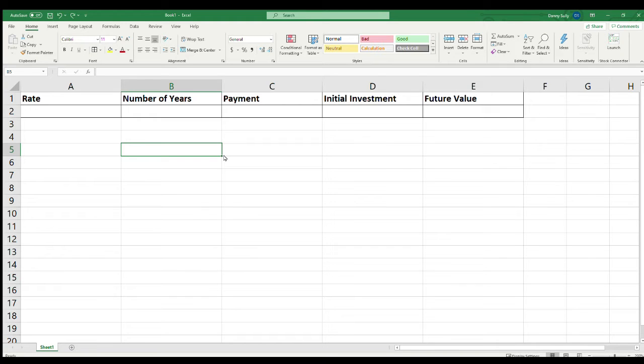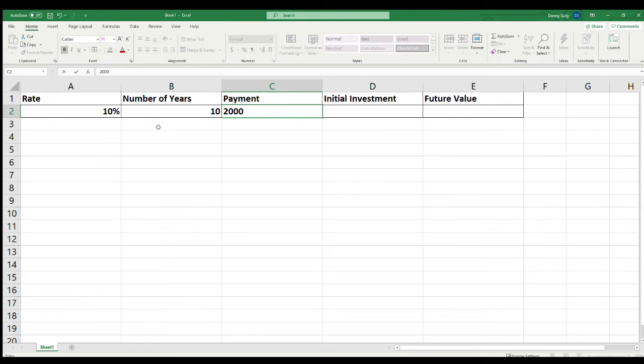So today in this video, we're going to be showing you the future value for any investment using Excel. So we're going to start off by taking the rate, let's say 10%, the number of years, let's say is 10, our payment annually, let's say is $2,000, and let's say we start off with an initial investment of $10,000. So what we're going to do from there is put into account, and then we're going to take the future